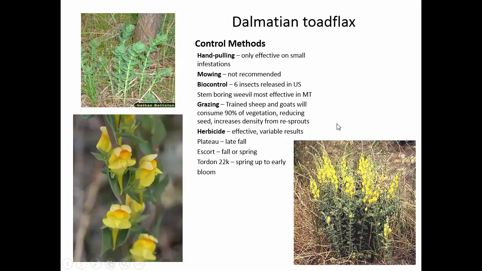Grazing can be effective. We've been grazing on Mount Jumbo, the L over here, for like 8 to 10 years, and they were put out there to graze leafy spurge, but they decided they also like to eat the Dalmatian toadflax and have almost eliminated it from that area. They did not intend to eliminate it that way, but that worked out for us. And it's coupled with biocontrol up there. So biocontrol and grazing often work well together when you think it wouldn't. It does work well together for some of these plants.